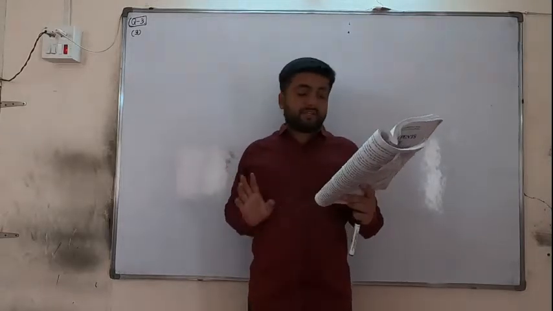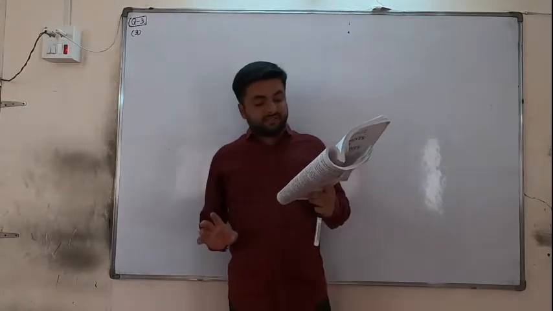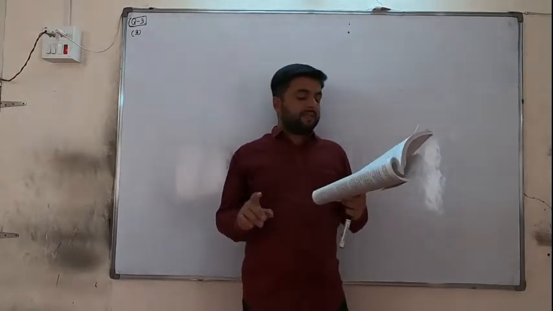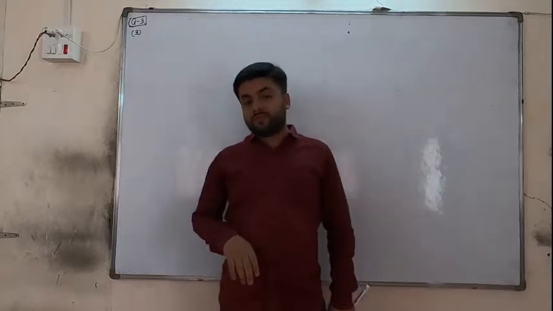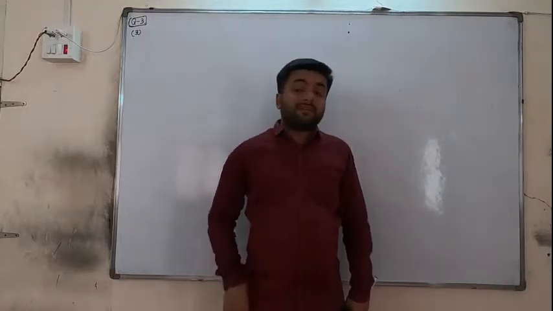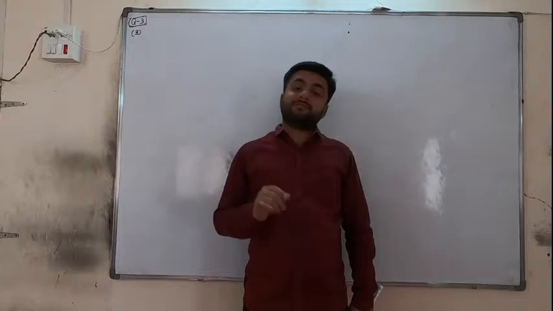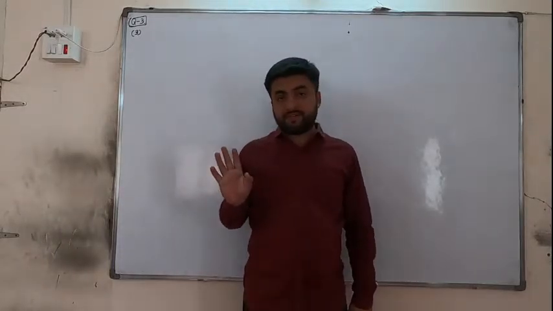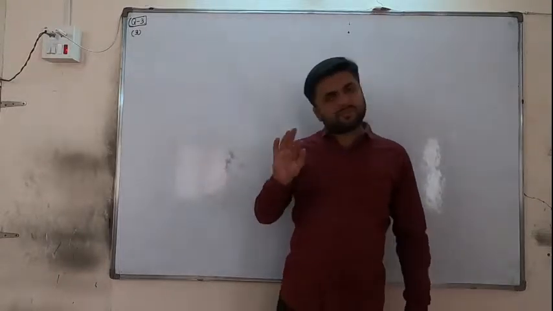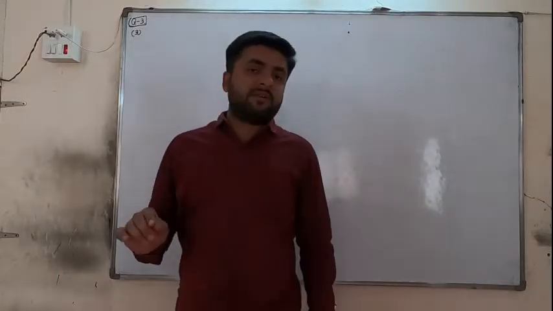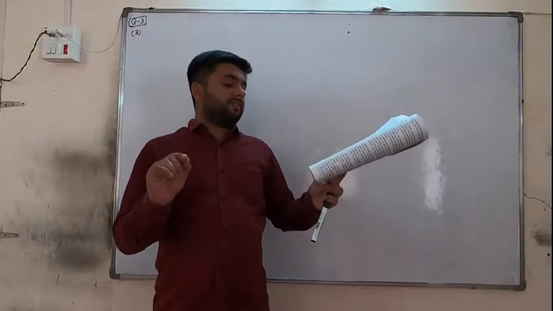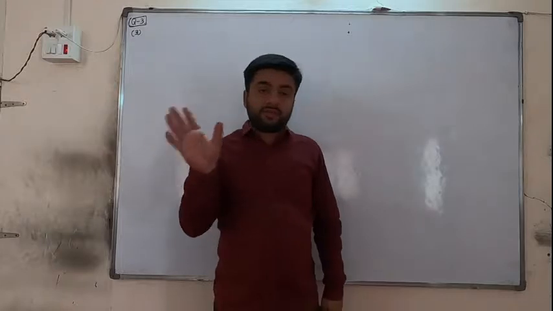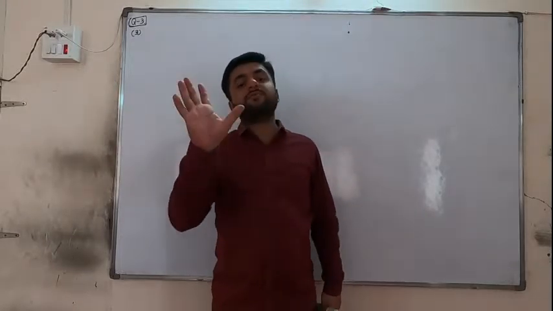A and B are partners in a firm. They admitted C for 1/6 share as new partner. After admission of C, the new P&L ratio of A and B will be 2:3. But here the old ratio is not given. So as the old ratio is not given, it will be equal. You have to remember this thing, my friends. Whenever the old ratio is not mentioned in the sum, it will be 1:1. So the old ratio is 1:1, the share of the new partner is 1/6, and the relative new share excluding C is 2:3.